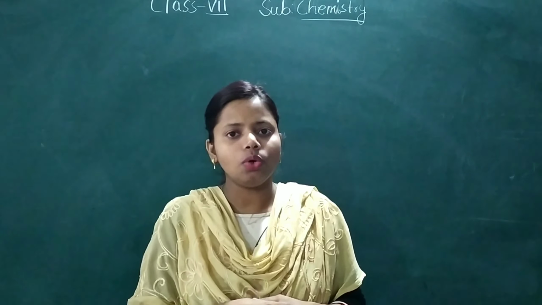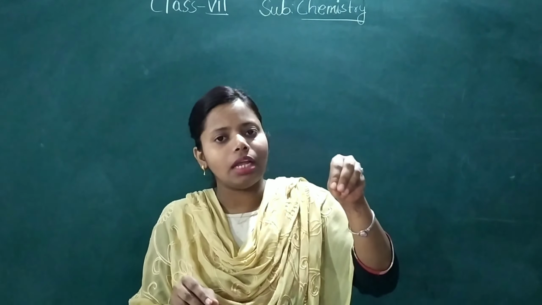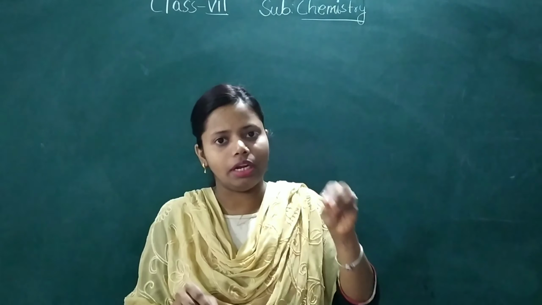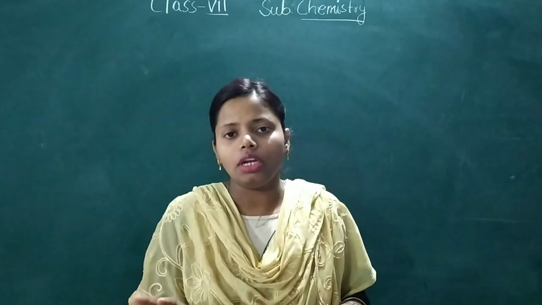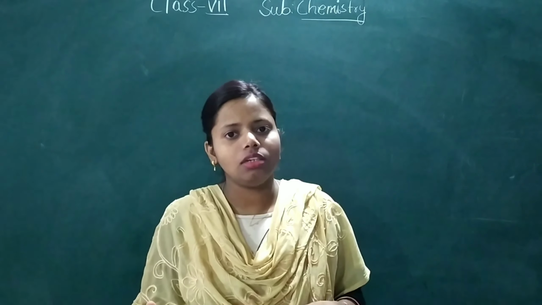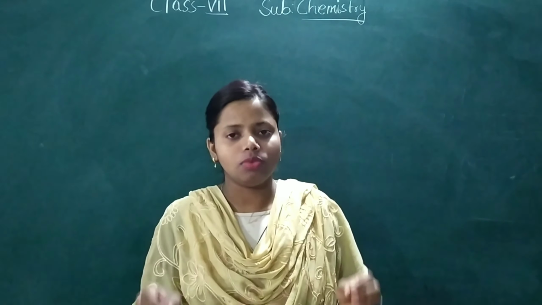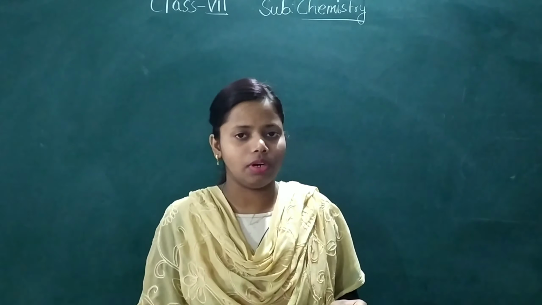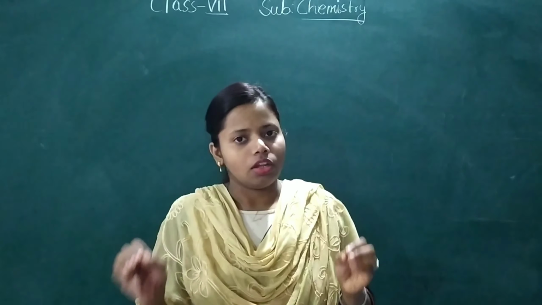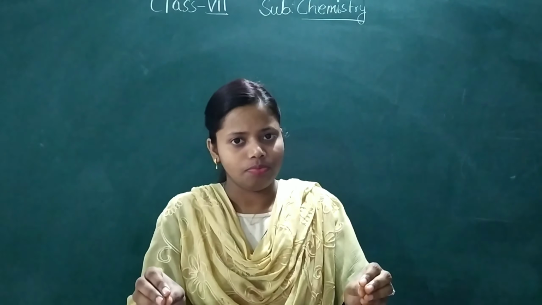And then what will you do? In one test tube, you will plug the cotton. You will close the mouth of one test tube containing iodine crystals, and one you will let be open. Now you will heat it with the help of a Bunsen burner. On heating, when you see the violet vapor, violet fume coming out of it, you will remove the burner.